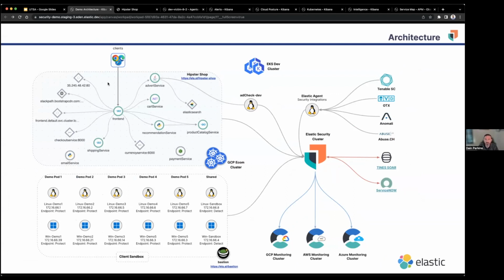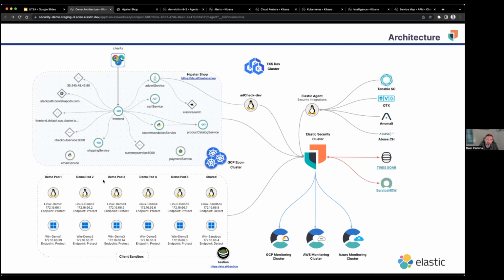I've got a microservices environment built on Kubernetes. It's the Google Hipster Shop e-commerce environment. It's running in GCP on a GKE cluster. I've got an EKS Kubernetes cluster running in Amazon to get some additional information out of there.